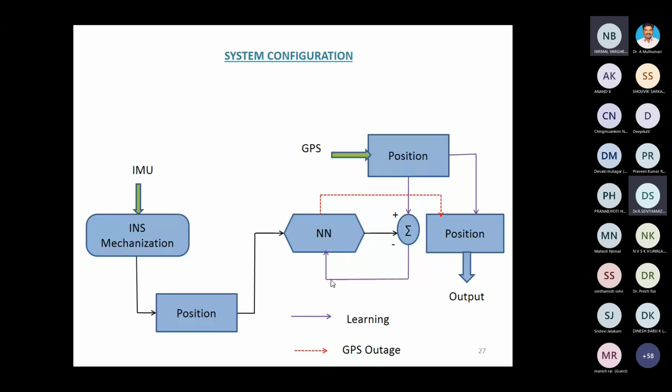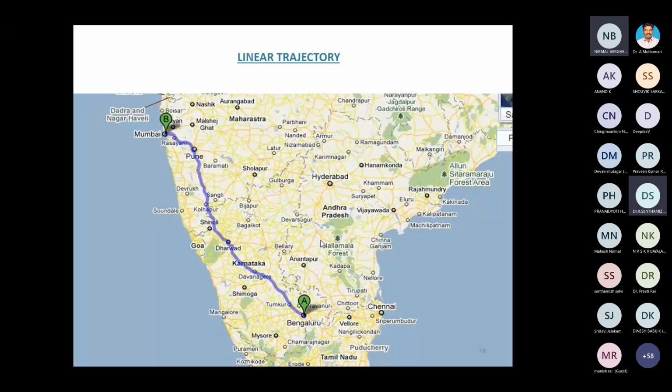Now, once again, I will come back to this neural network concept, because our aim is how to make this neural network an intelligent network so that it will give intelligent navigation, right, in the outset. Okay, I will see the linear trajectory, which I am going to give as my input.